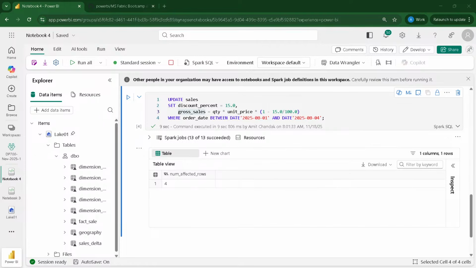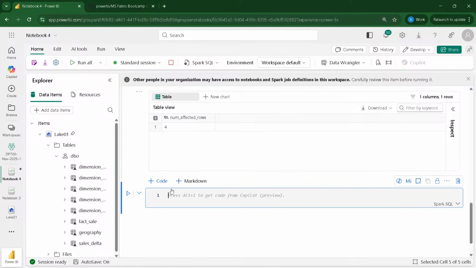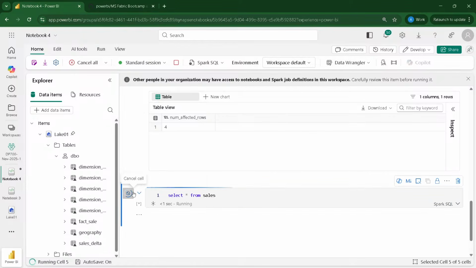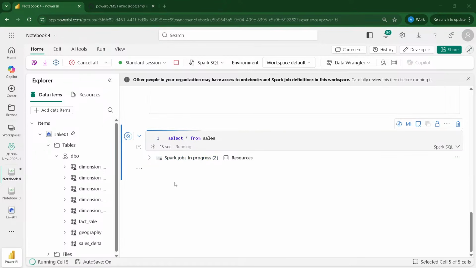So I'm able to update here. Again, after the update, I can check whether the data is getting updated. That series is a little older, but I think I covered most of the concepts initially. If you can bear with the UIs, which are a little older, I think it's a good series to have all those things.